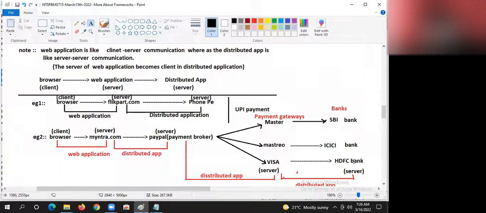It will check the details there and sanction the funds, giving 0.5% commission to the bank. Those funds go to PayPal, giving 1% commission to the payment gateway. Again it is sent back to the Myntra.com account, with 0.5% commission taken by PayPal. I hope you are understanding my statement, guys.